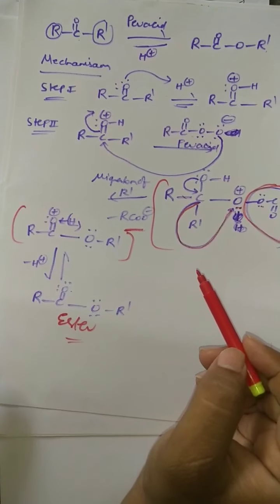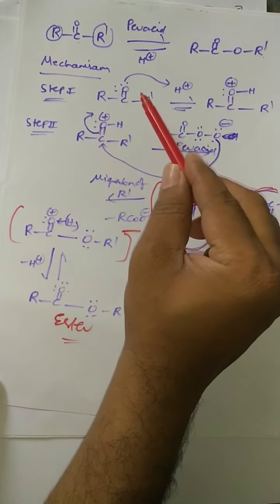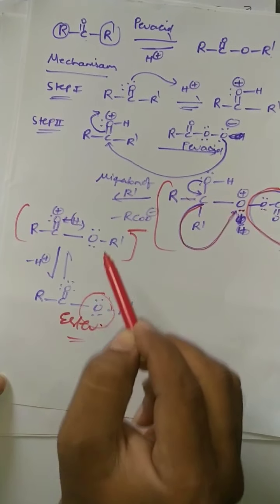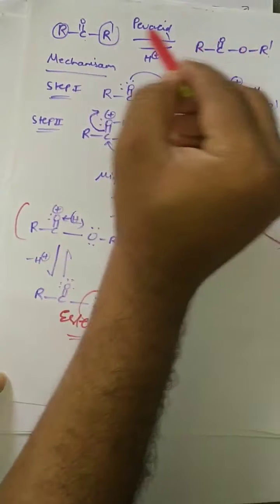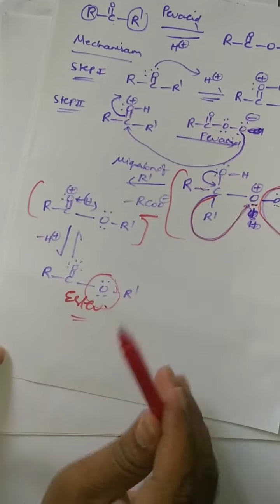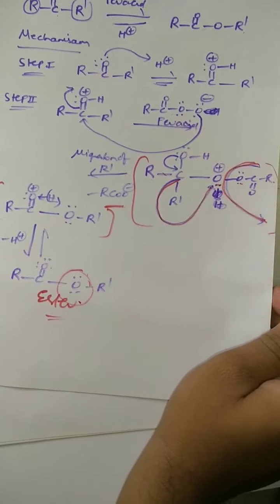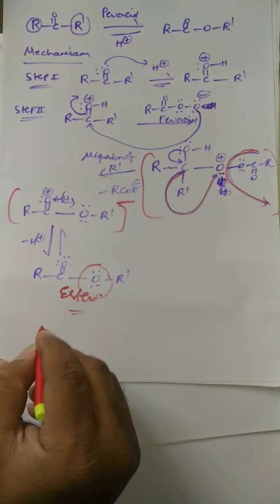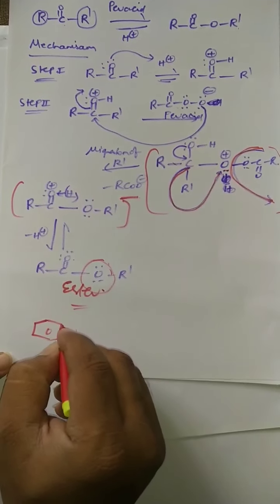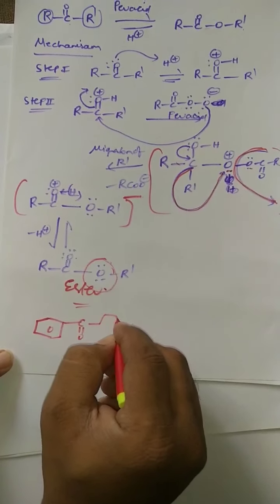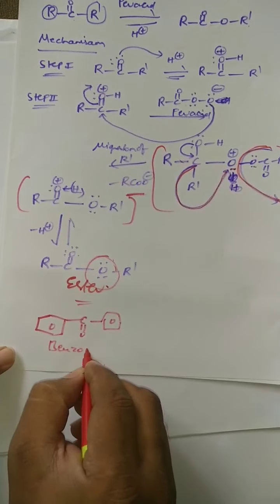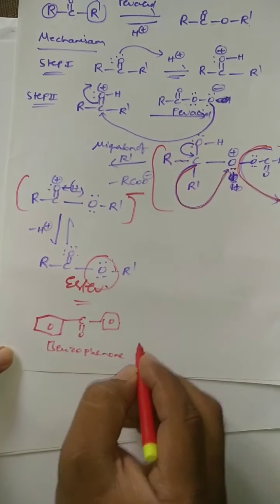So this is the mechanism of Baeyer-Villiger oxidation, how a carbonyl compound like ketone converts into ester. An additional oxygen atom has been inserted between the carbonyl group and alkyl group. For example, let us take one example. So this is benzophenone. This is an aromatic ketone. This is called benzophenone. So it is a symmetrical ketone, right? It is a symmetrical ketone, no problem.